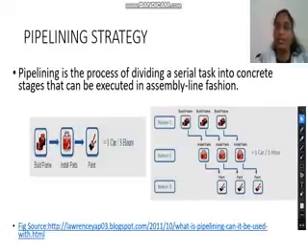So pipelining is nothing but the process of dividing a serial task into concrete stages that can be executed in assembly line fashion. So what this exactly means is, we'll take an example and see. For example, you consider a car manufacturing plant. So assume that the process that is happening to build a car is happening in 3 stages.